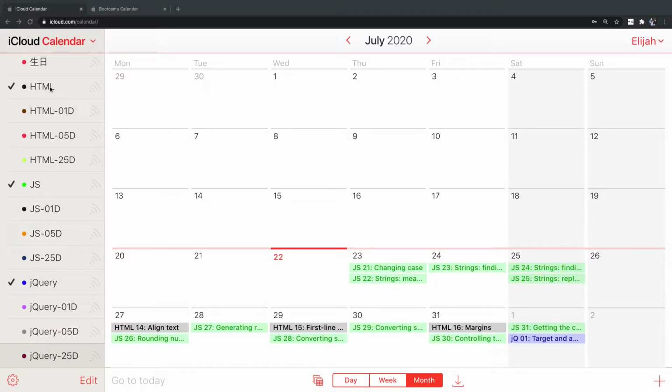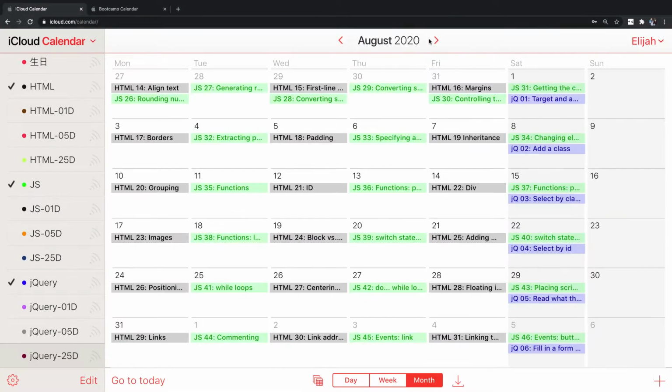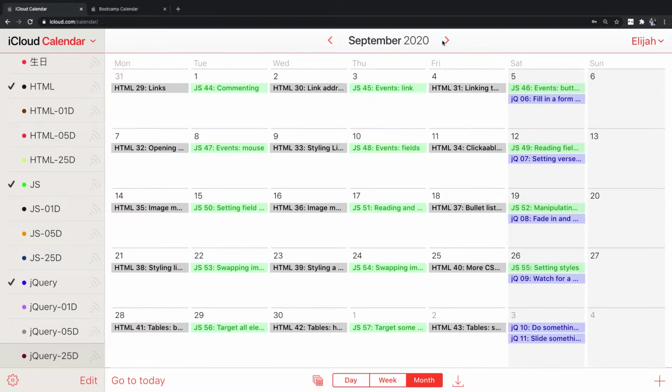Now underneath, I've got my repetitions. So I'll learn it this day, and then I'll review it 1 day later, and then 5 days later, and then 25 days later. And if I'm going to follow through with the Pimsleur methodology, I would then review again 4 months later, and then again 2 years later. Haven't decided if I'm going to do that, but I've got them all scheduled out from now until the end